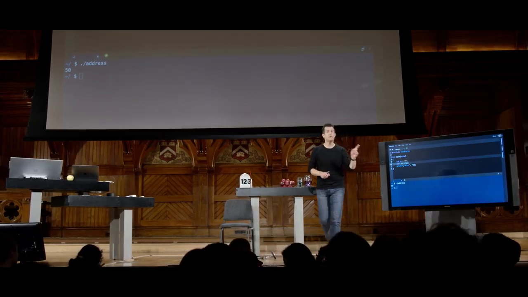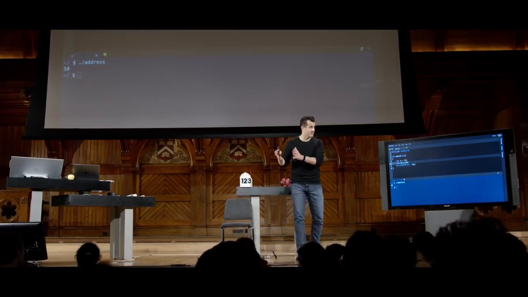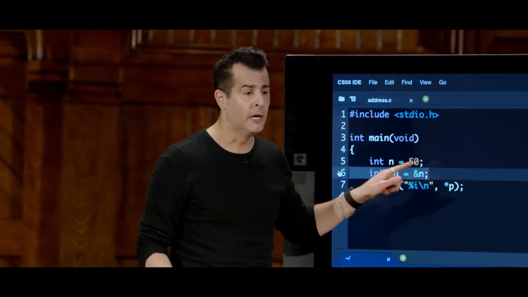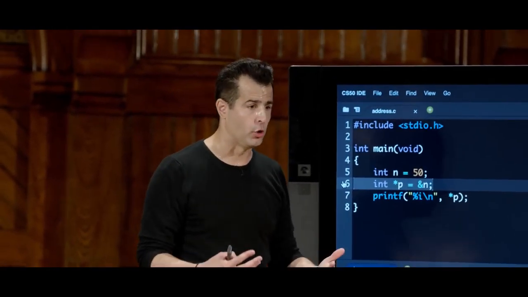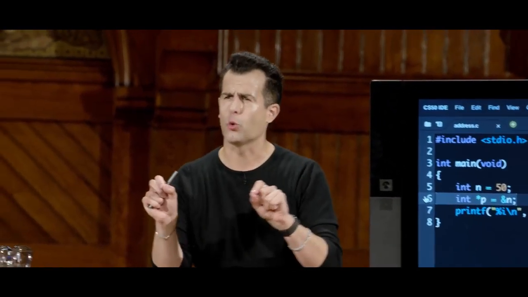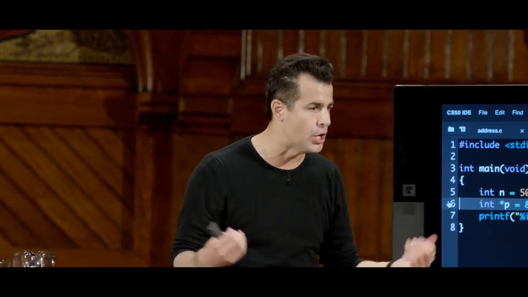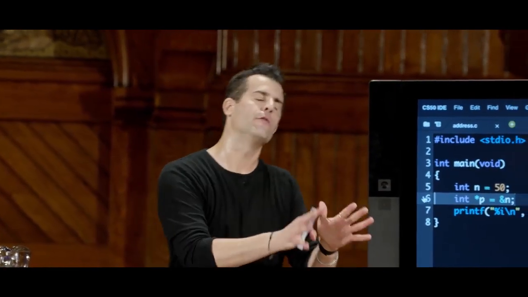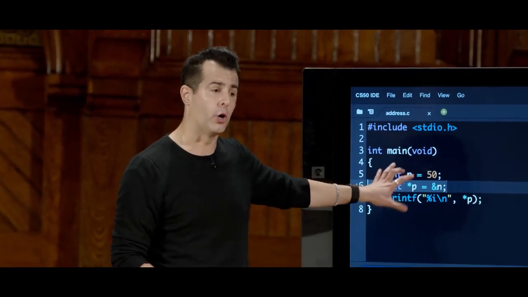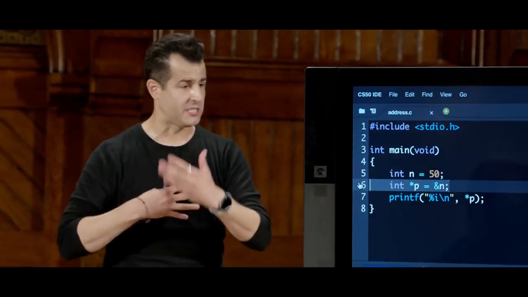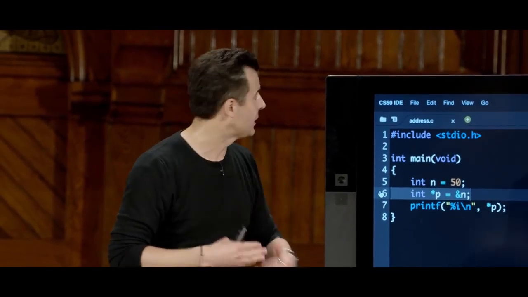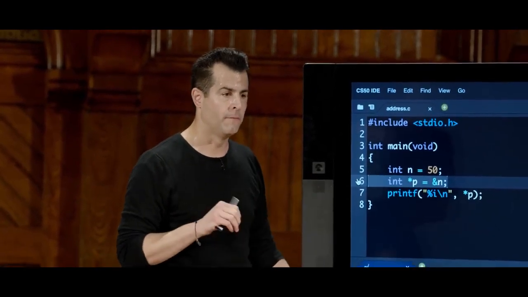Could I just write, what would happen if I just write int p instead of int star? Good question. If you said int p equals &n, semicolon, instead of int star p, Clang, the compiler, would actually yell at you, because it realizes that, wait a minute, you're trying to store an address, not an integer like you and I know it, 1, 2, 3, 4, 5, 6, 7, 8. Even though technically they are numbers, Clang is smart enough to realize that if you're getting the address of something, you must store it in a pointer. You cannot store it in just an integer.